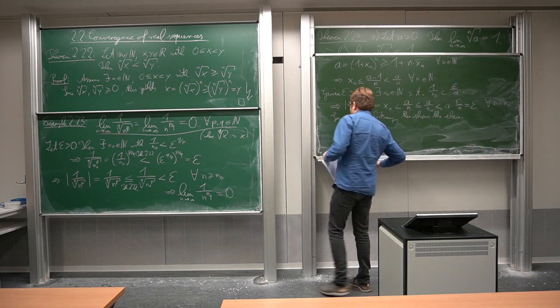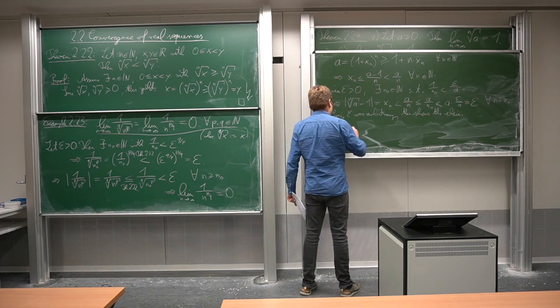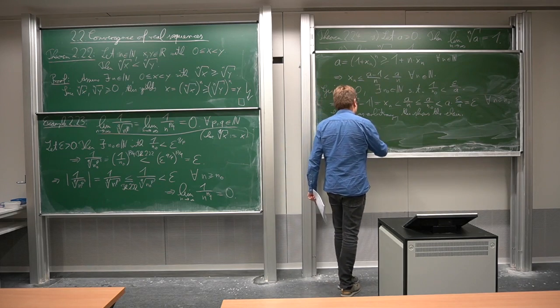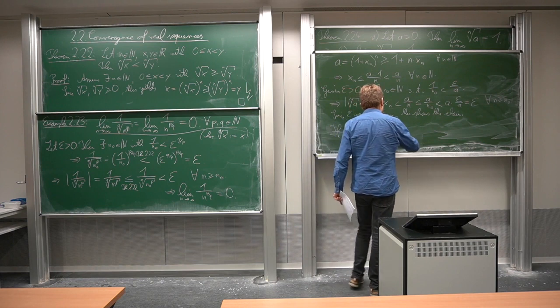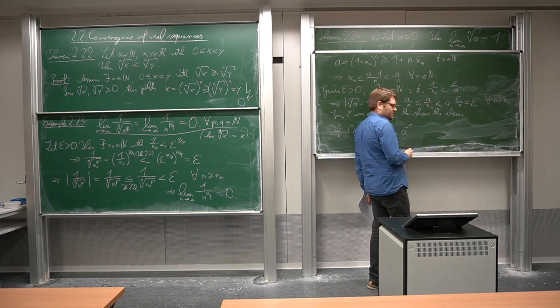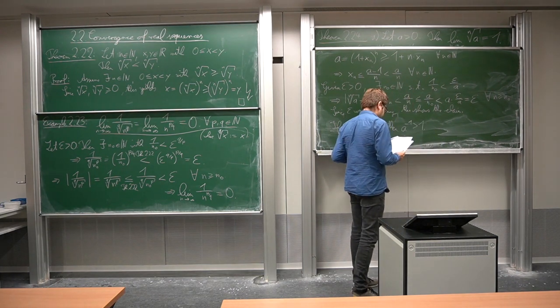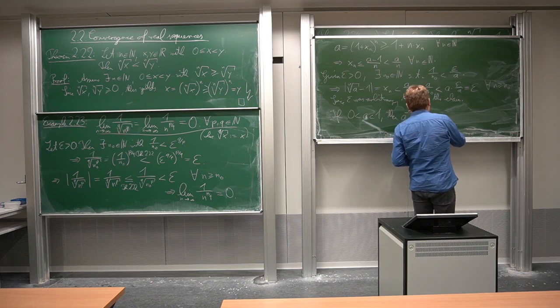Okay, and the case, so this is for the case a is 1 or bigger. If 0 is smaller than a is smaller than 1, then a to the minus 1, so its inverse, will be bigger than 1. And the trick is now to work with the inverse here instead. Namely,